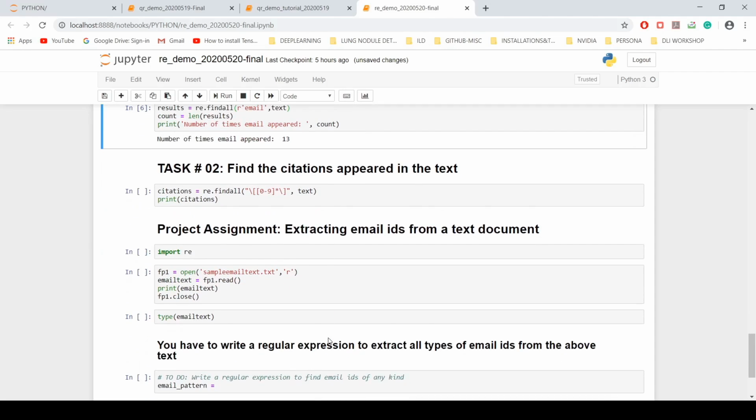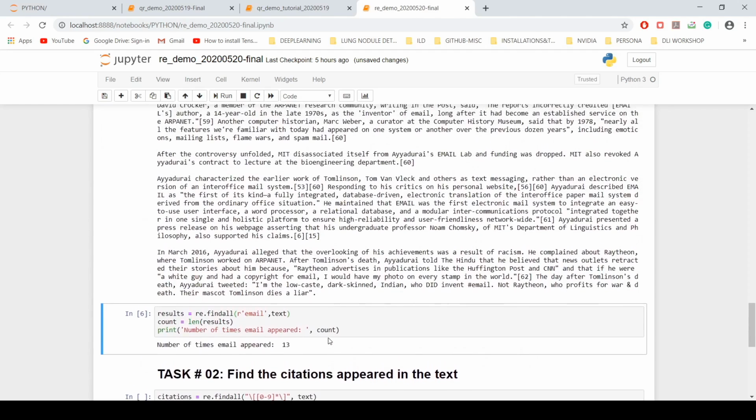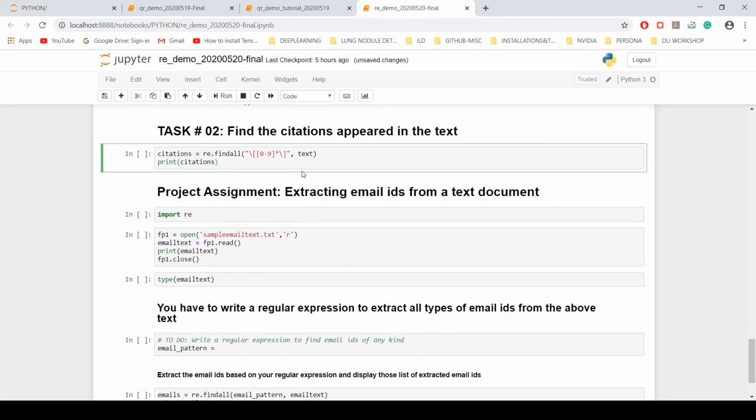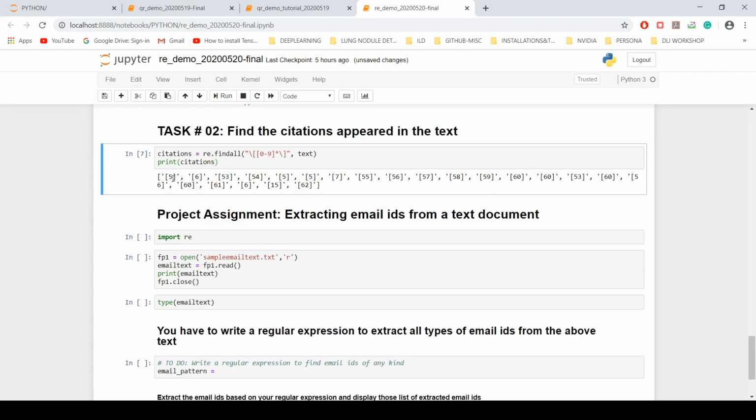Let us move on to the next task, task 2, the number of citations. The citations, as I said earlier, can be the 6th reference, 15th reference, or 60th reference, or so on. So we have reference number 5 first appearing, then 6, then 53, 54, and so on.